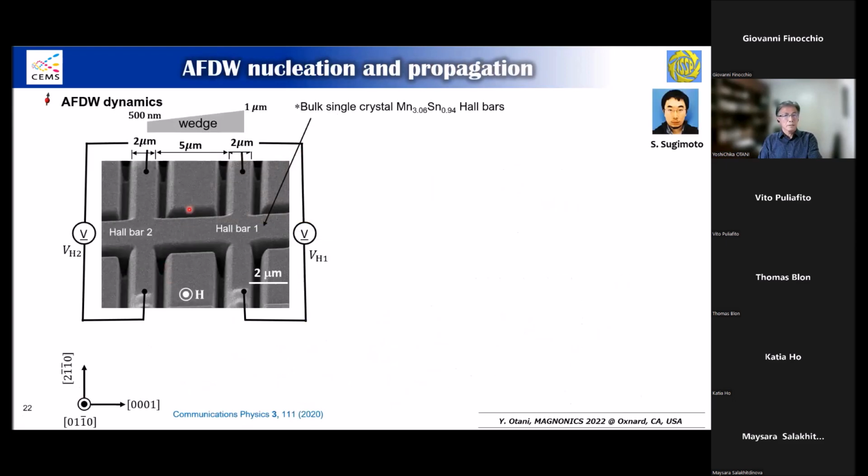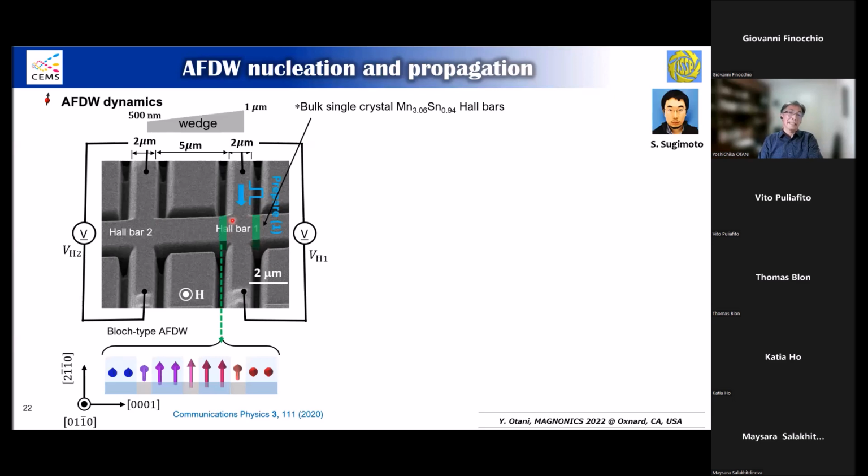Then we used a single crystal of manganese tin and cut out this bar shape. What we did was send a pulse to nucleate a domain wall, possibly here, and then a second pulse can be sent horizontally. Eventually this is pinned, and you can drive only one of them towards the left-hand side. Then you can see the magnetic state of this side, so that you can measure the propagation speed of this domain wall.